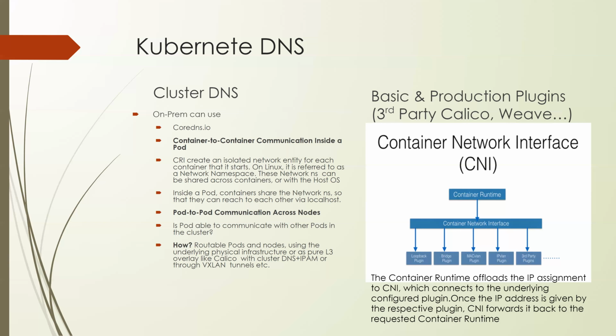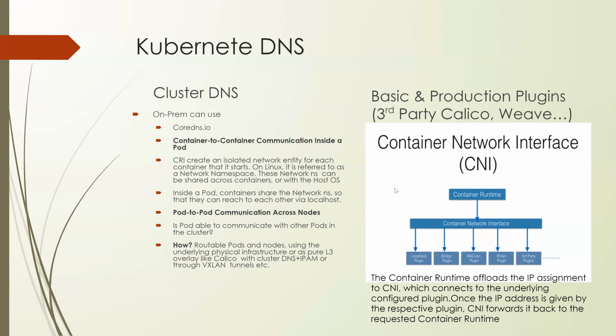Generally, all container networks have something called core DNS, or cluster DNS as it is called now. That is nothing but an internal DNS focused on IP resolution at the pod level. So if you have multiple nodes and one core DNS, then that core DNS can enable communication between different pods in different nodes for the same namespace.